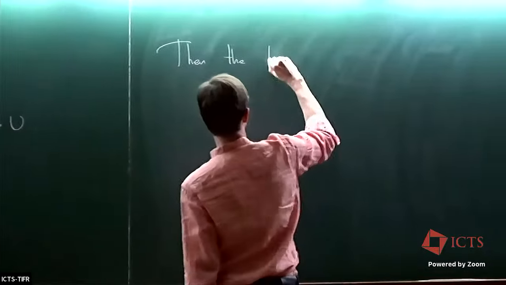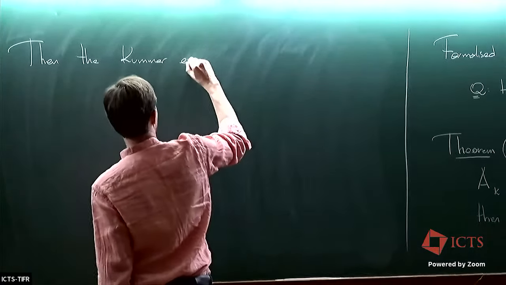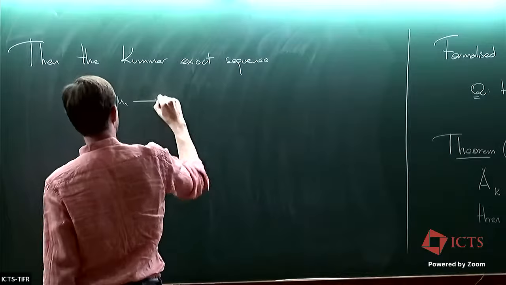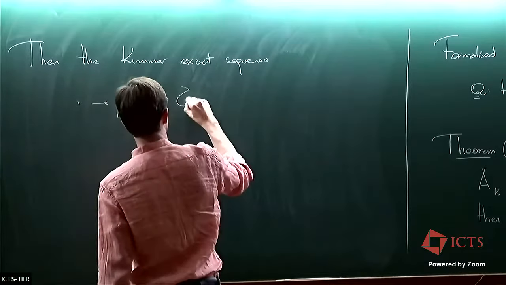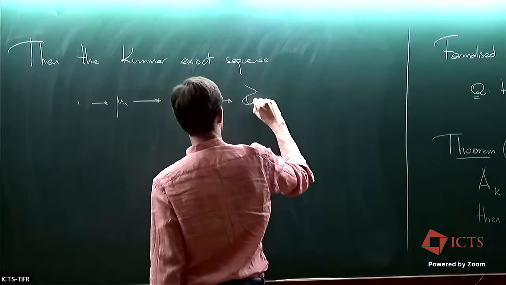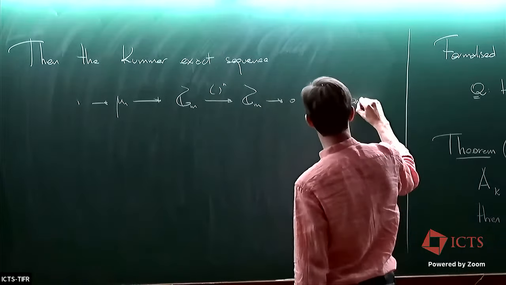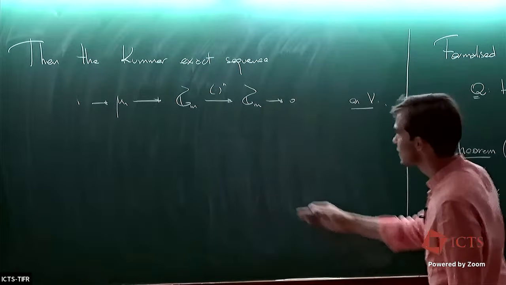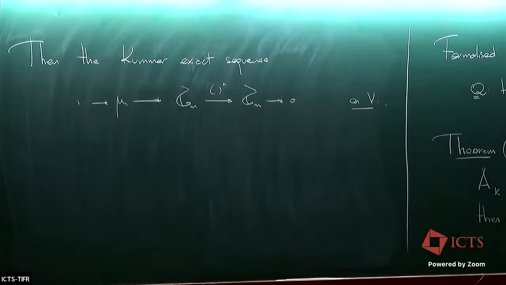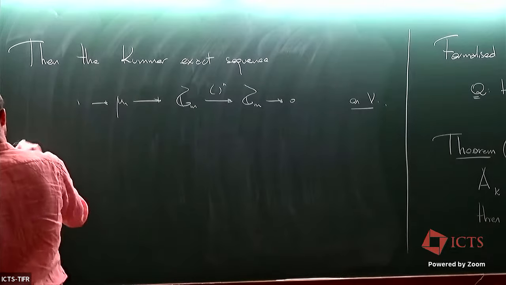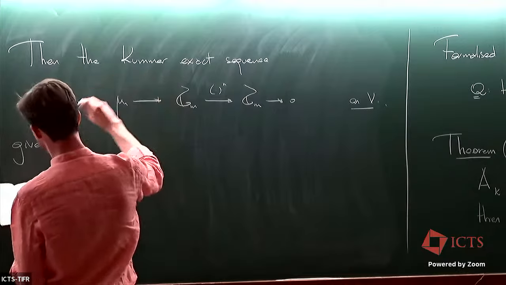So we have the Kummer exact sequence, defining the nth roots of unity as the kernel of the map from the multiplicative group to itself, which is raising to the nth power. Now, this is a surjection on V in the étale topology. And that's because n is invertible on the base. I've assumed that all of these primes are inverted. This is important. So later on, we'll try and fine tune this for places where it's not invertible on the base. But in any case, this Kummer exact sequence gives us, by passing to the long exact sequence on cohomology,